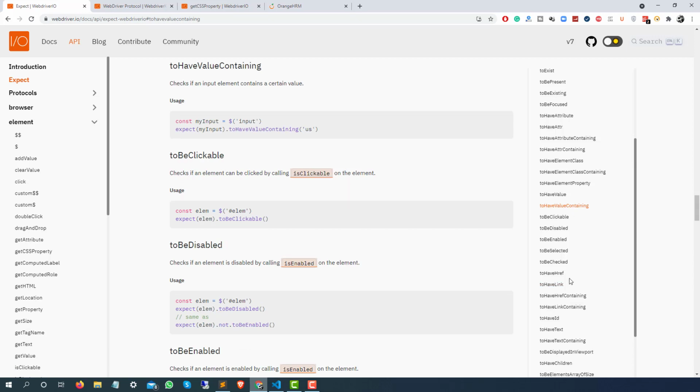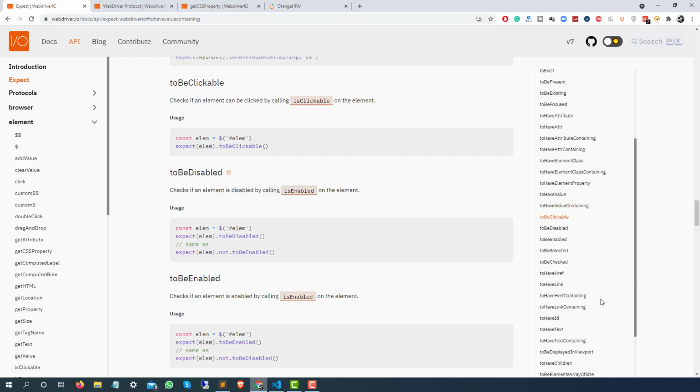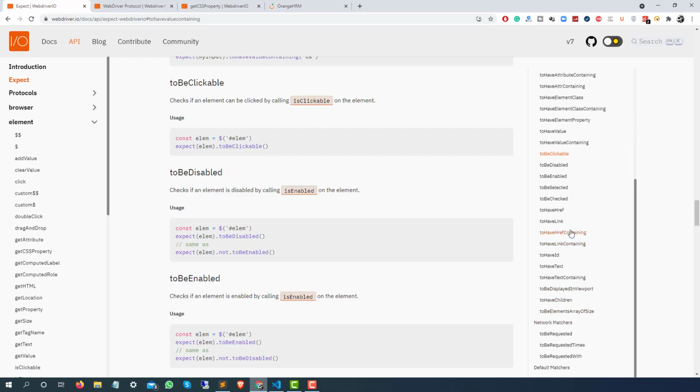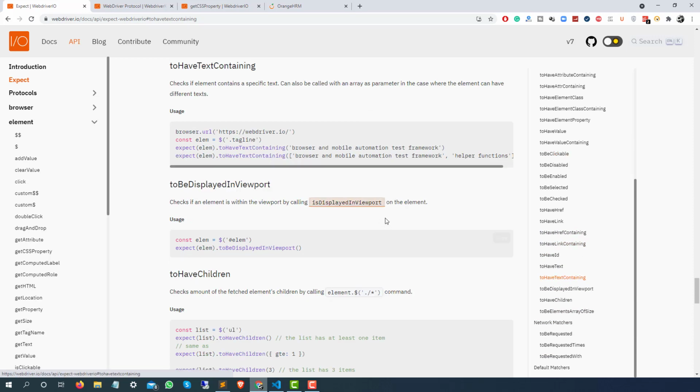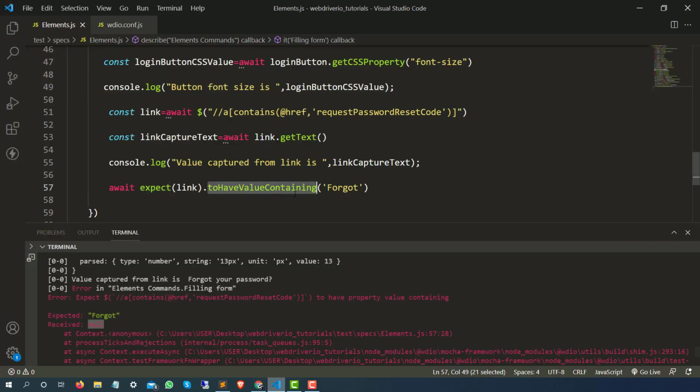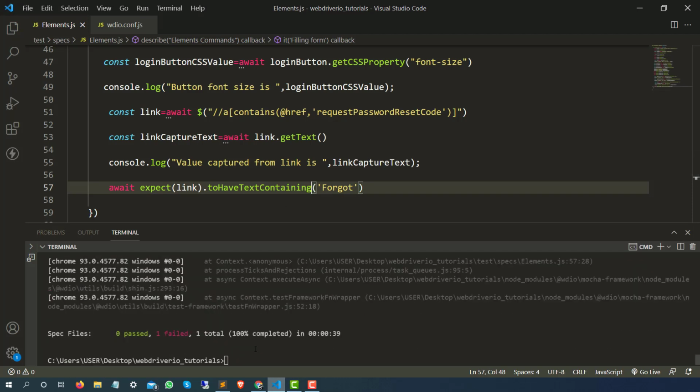We can also have something called text containing, because this is a link, right, and the link has text. So to have text containing, we can go with this. Instead of URL containing, we can use to have text containing, and this time it should be fine. So let's clear this